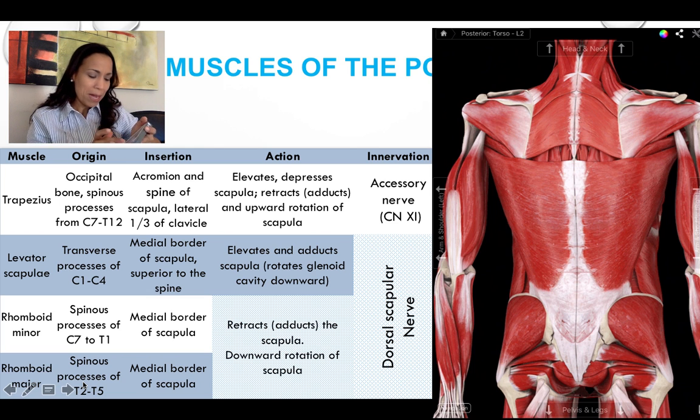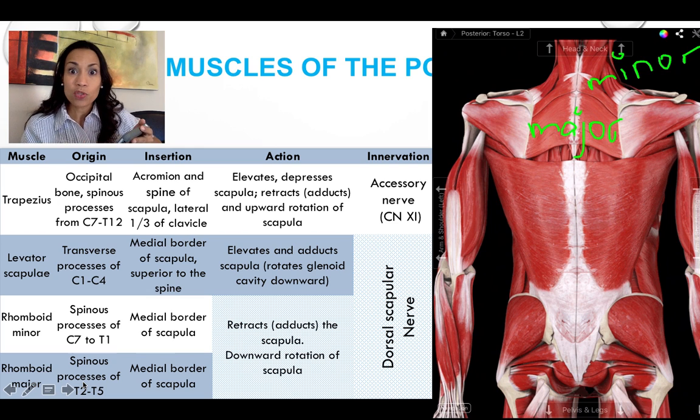Rhomboid minor is superior. Let me put here, minor is this one on top, and major is this one in the bottom. And this applies to every muscle of the body where we have a minor and a major. Minor on top, major on the bottom. Now,